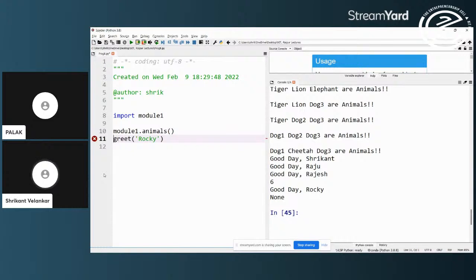The cross on module1.animals is gone because now it is the correct syntax for accessing that function. At the same time, the exclamation mark on import module1 is also gone because the module was imported but not used, and that situation is no more there. At least one function, animals, is being called from that module in this program.